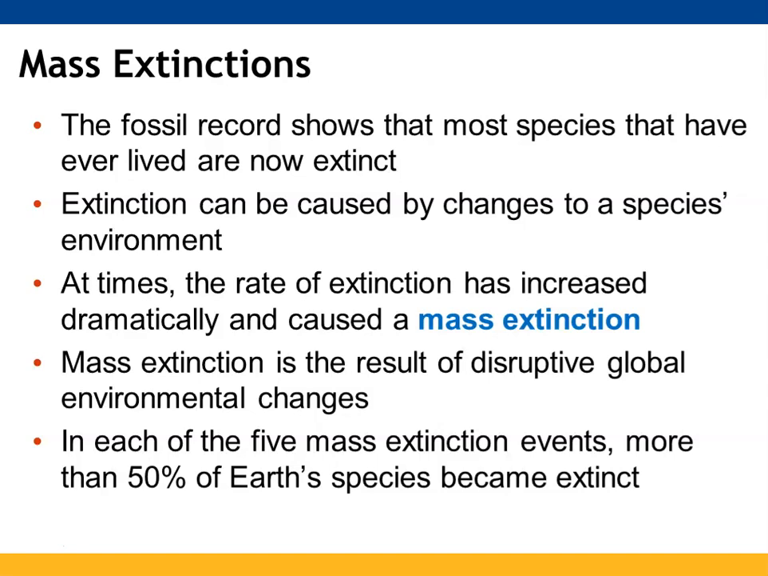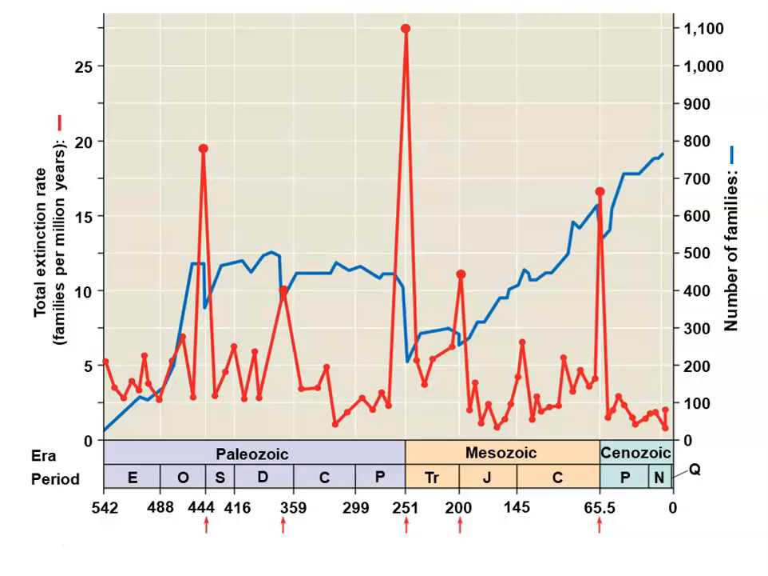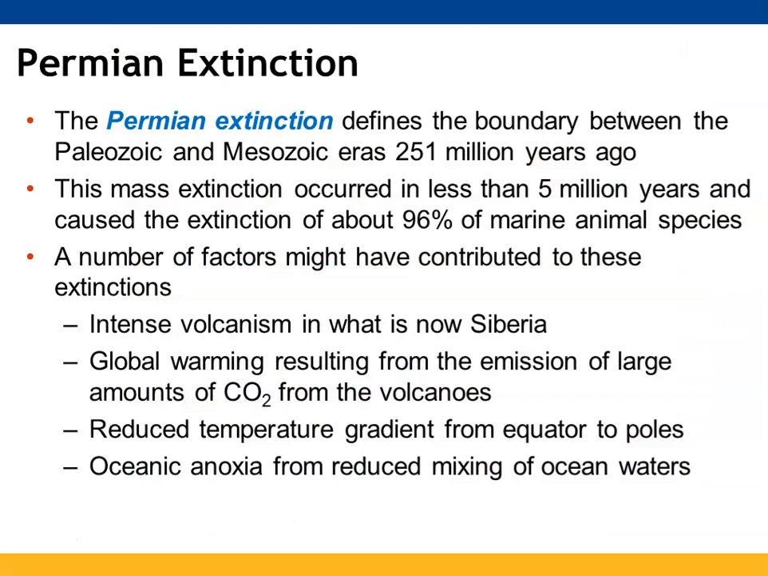There have been 5 of these so far, and as a result, 50% of the species that have existed on Earth are no longer present. So there you can kind of see the peaks. Permian Extinction is the boundary between your Paleozoic and your Mesozoic eras,